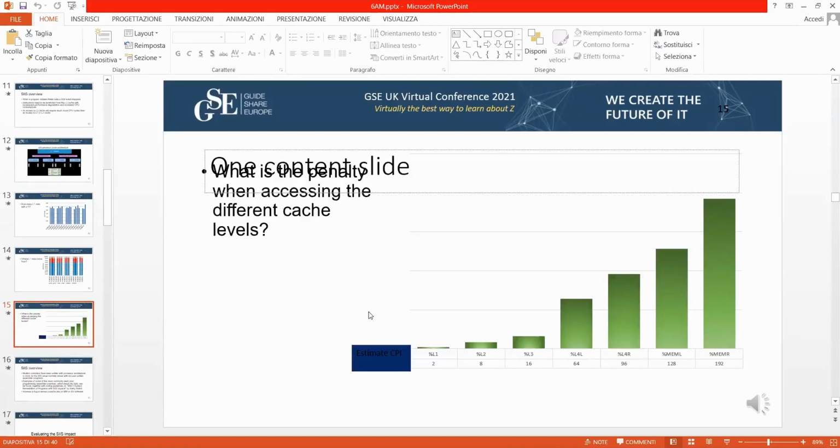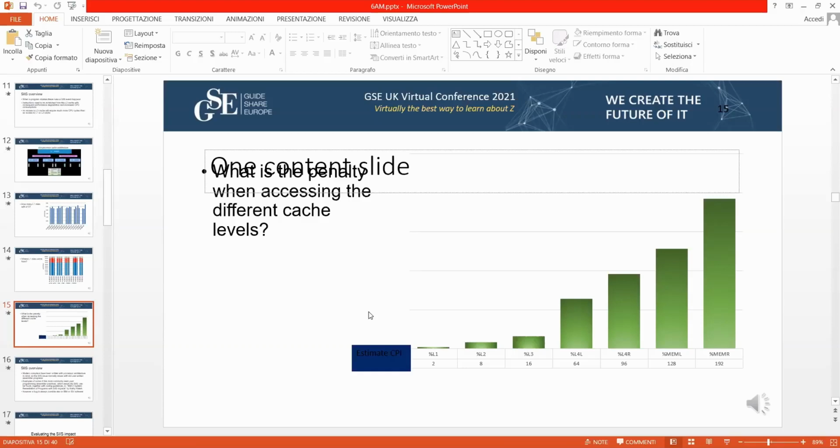So this instead is not real data. The 2 slides we saw before were real data from customers. This is more of a projection. But the projection, again based on real numbers, is that, as you may see, the further you go on the level cache, so at the level 3, at the level 4 local, at the level 4 remote, and then in memory, or the worst case of all, in memory remote, you pay literally twice as much, 8 times as much, 16 times as much.